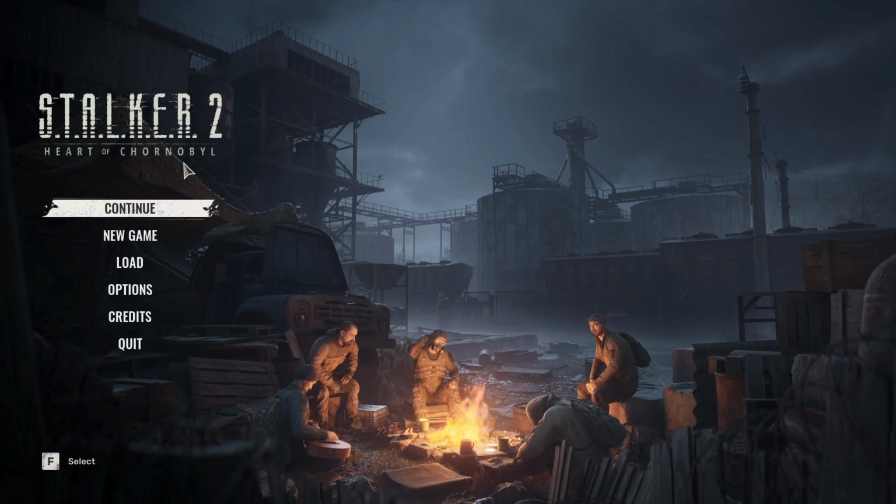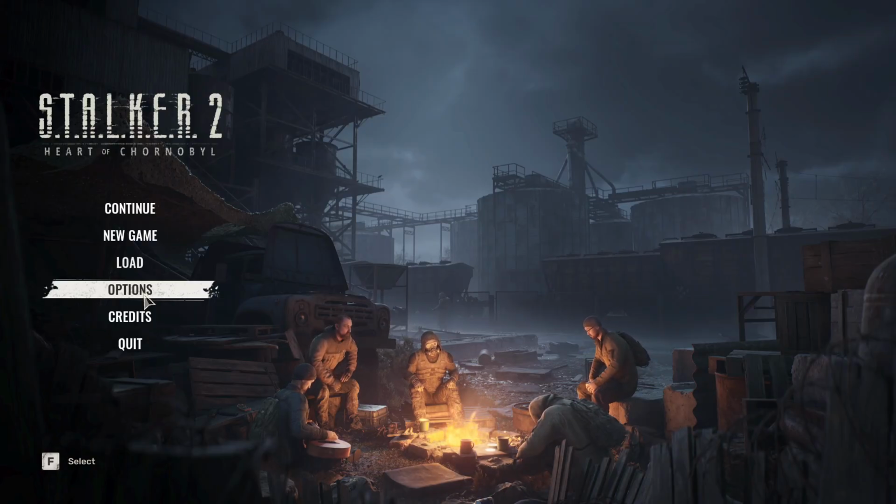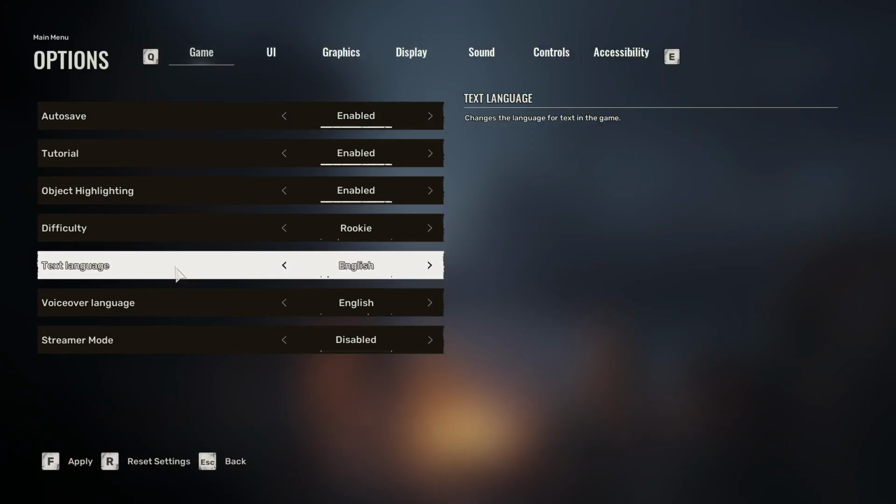Hello, in this video I'm gonna show you what to do if elements on the screen, like the interface, are cut off in Stalker 2. If your game cuts off the elements so you cannot see something because it's out of range on your display, it may be due to overscan. You may have overscan on your TV or PC, and in order to fix it, you may go to options,